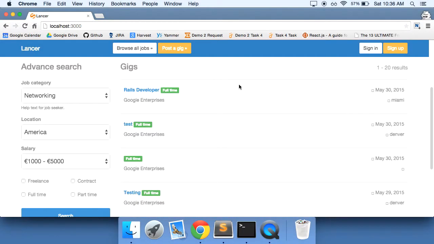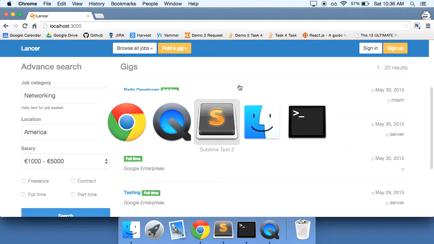Now that we have our gigs listed on our home page, I think this is a good time to create some dummy data. I like to have data to play around with when I'm building out an application so that I can better see and better understand what the end result is going to be. So the first thing that we'll want to do is go into our Gemfile,